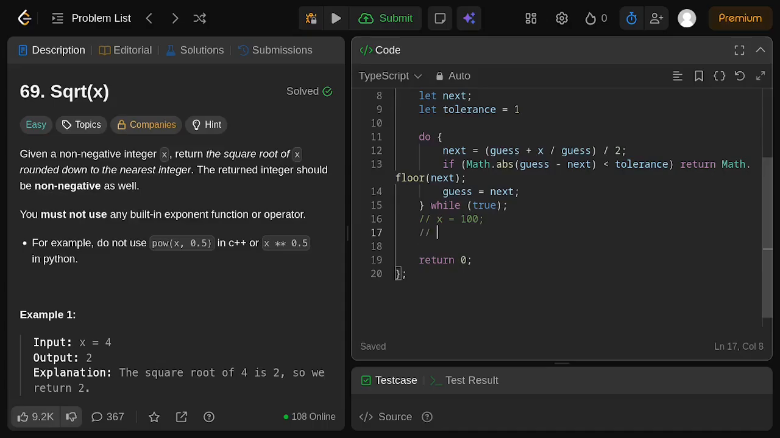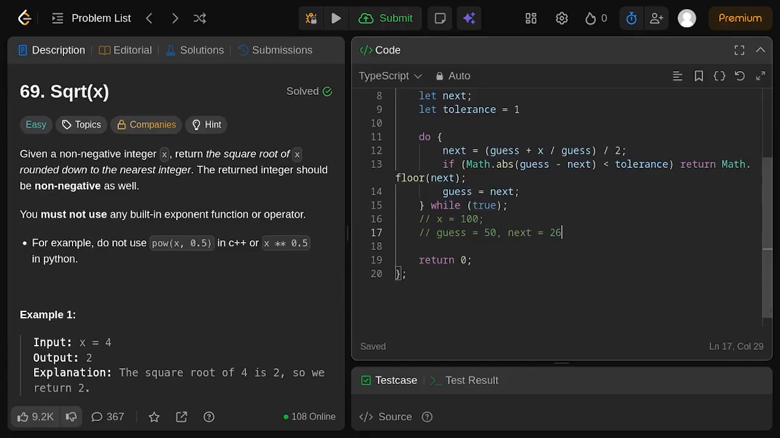We can use the guess equal to 50, because 100 divided by 2 equals 50, and then for the next, let's say we have the 50 added to x, which is 100 divided by the 50, and we got 52, and divided by 2 and we got 26, and we got 26 as the next answer. But since 50 and 26 are far apart, the difference is not below 1,